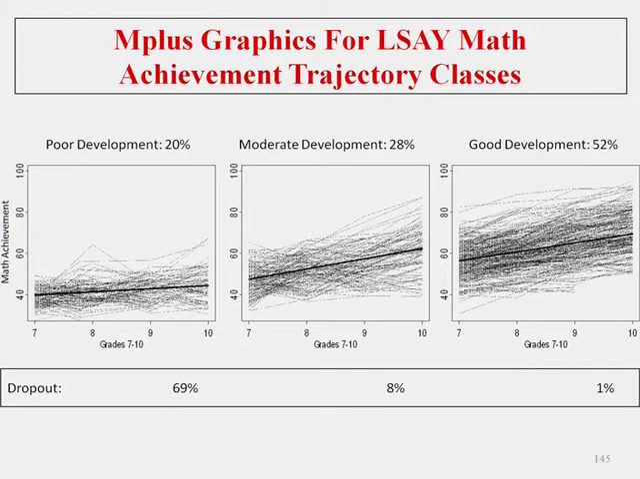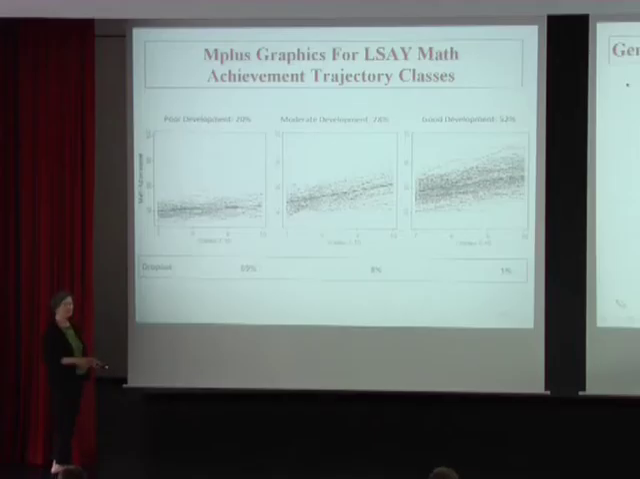And we're looking at the end here at the results, and we're going to see how we get these results subsequently. But for the poor development class, they have a 69% high school dropout rate. For the moderate development, an 8% dropout rate, and for good development, only 1% dropout. So you can see this is what we're talking about when we say you can use an auxiliary variable to